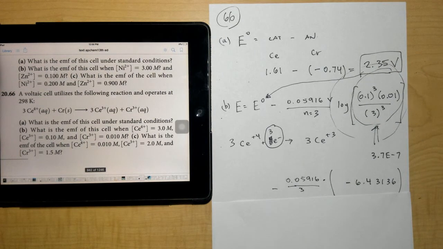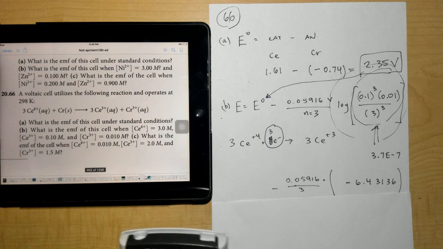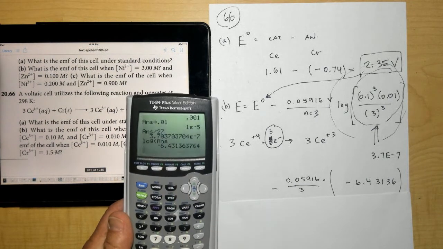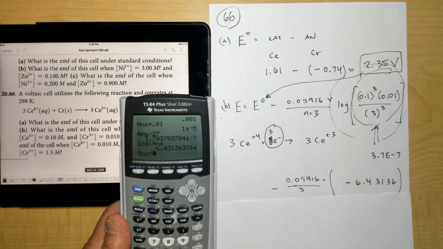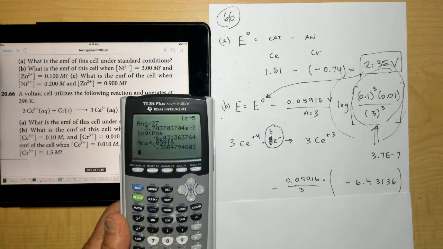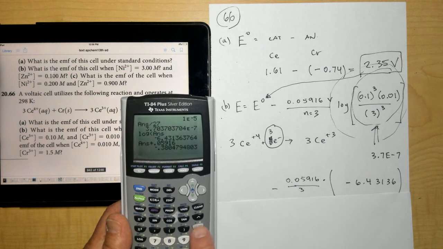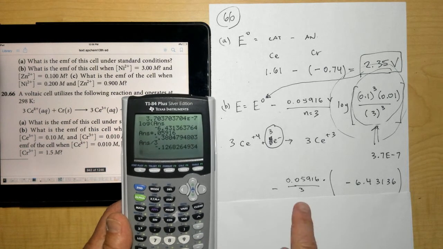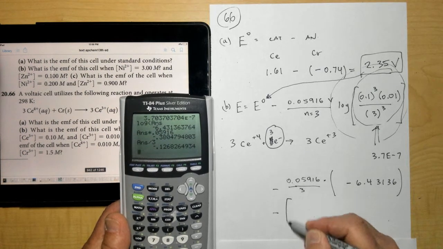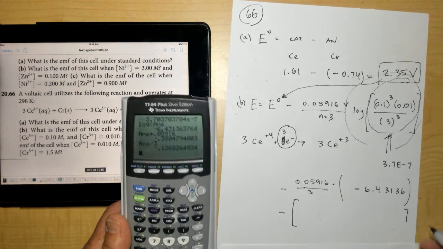So on my calculator, and people that are live here, if you wouldn't mind doing it on your calculator as well, here's my 6.4, and then I'm going to multiply that times 0.05916, enter. And then I'm going to divide that by 3, number of moles of electrons transferred. And that number, this whole thing right here, ends up being